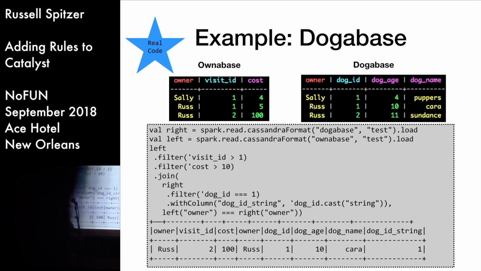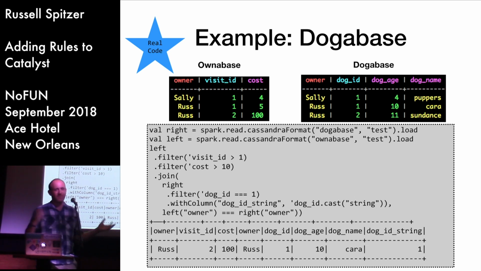So let's imagine that I've got two tables somewhere in some system. Now, since I work with Cassandra a lot, I'm going to pretend these two tables are in Cassandra. I've got one table that's my OWNA-base, and I've got my DOGA-base, and obviously my OWNA-base has got owners, and my DOGA-base has got dogs, and obviously if I want to do some kind of giant analytic query on these two things, because my databases have trillions and trillions of users and trillions of pets, I need to do a